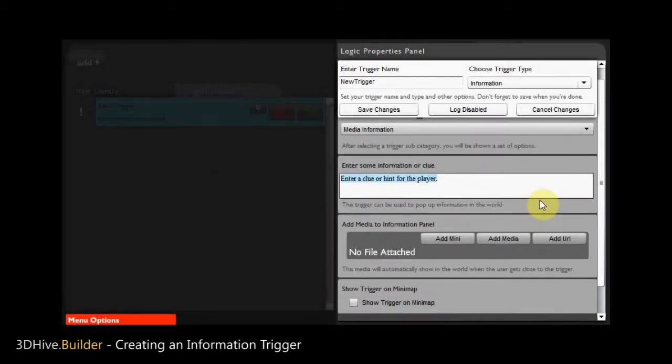We can actually just write directly into this trigger if we want to. So if we don't have an external piece of media, we can write our own thing. So I could write something like, welcome to the start of the game, or something similar. This is if you just want to show a bit of text at this certain point on